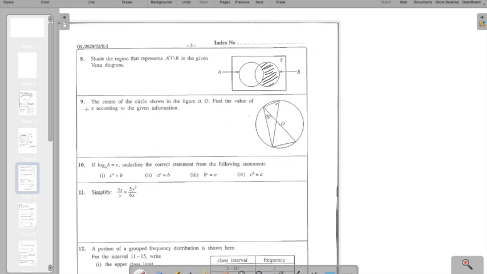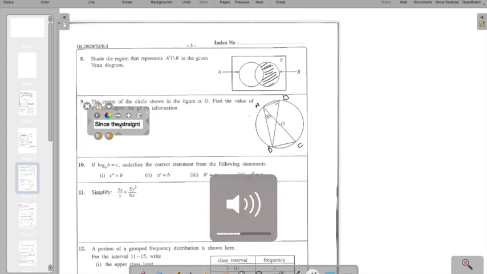So moving on to question number 9, the center of the circle shown in the figure is O. Find the value of x according to the given information, right? So now I will just teach you the theory here. We have marked A, B, C, D. Easy, right? Take it easy. A, B, C, D. Since the straight line,